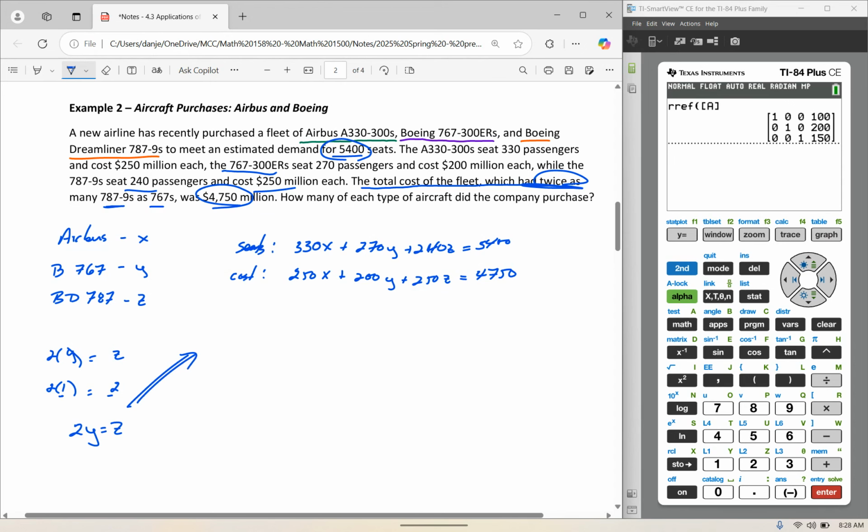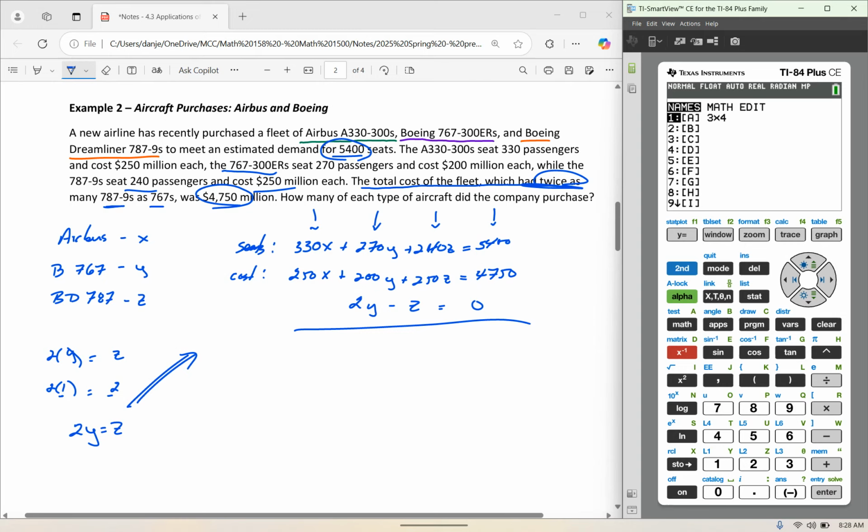To put that back into the system, 2Y minus Z would equal 0, because I need it set up where I have an X column, a Y column, a Z column, and a solution column. These numbers, you'll notice, are fairly large. I could reduce them, I could make them smaller. This is a case where I'm not sure that it makes sense to try to solve the system algebraically, given we have our matrix method. So I'm going to go running right to my calculator, second matrix, and I'm going to edit my matrix A,